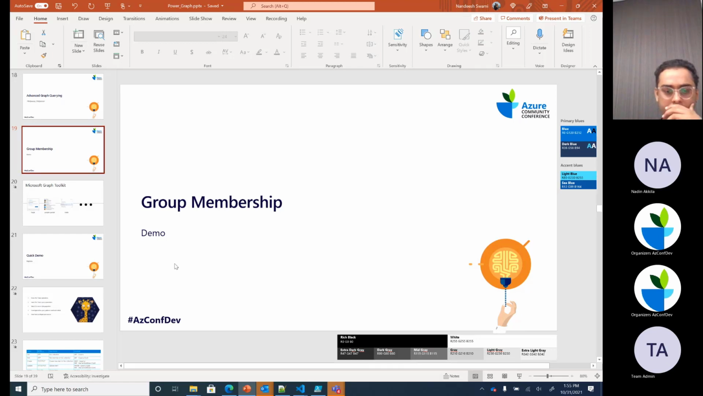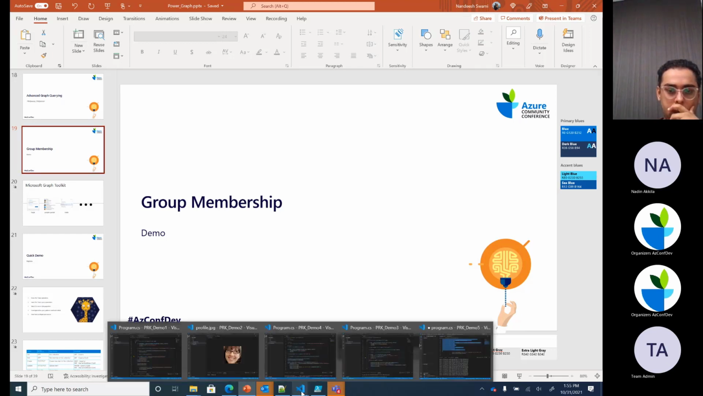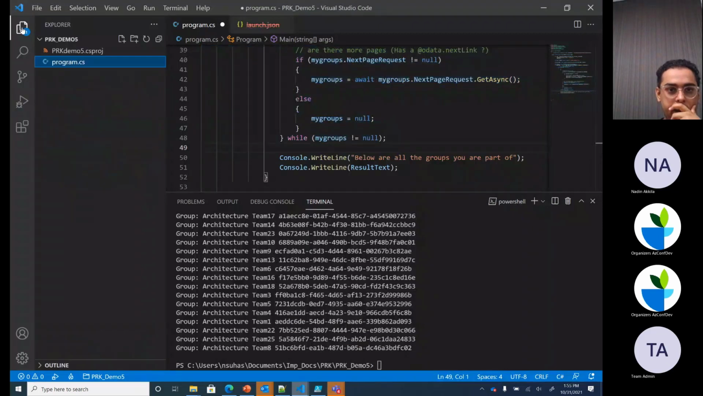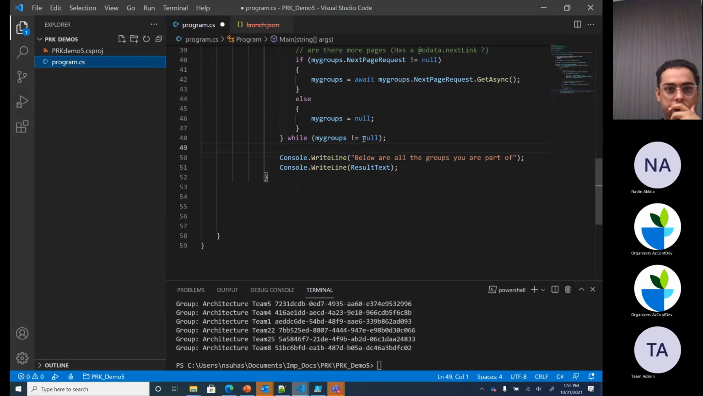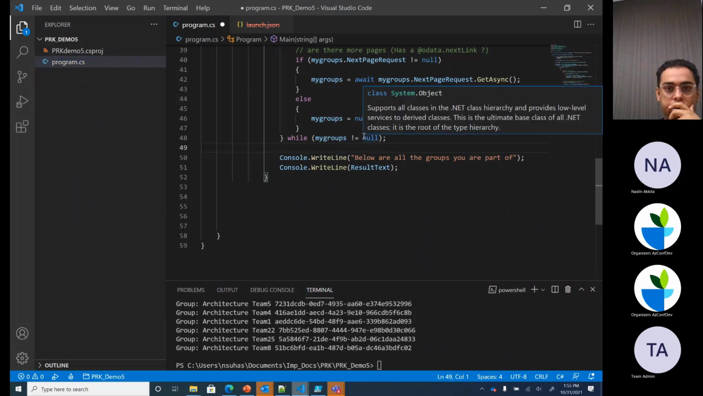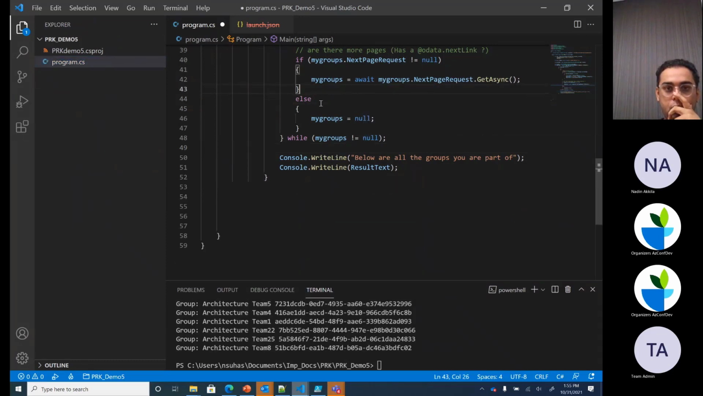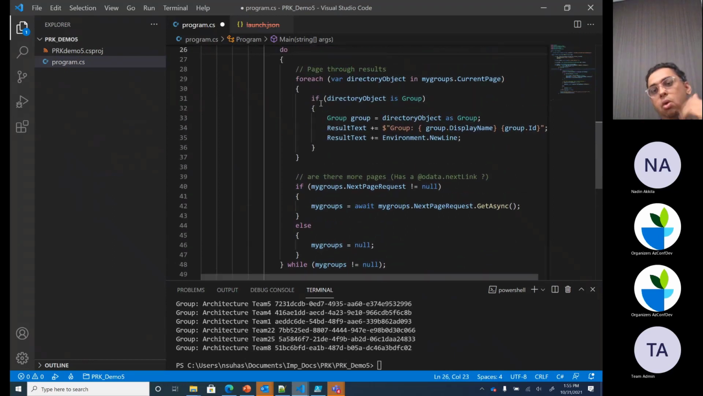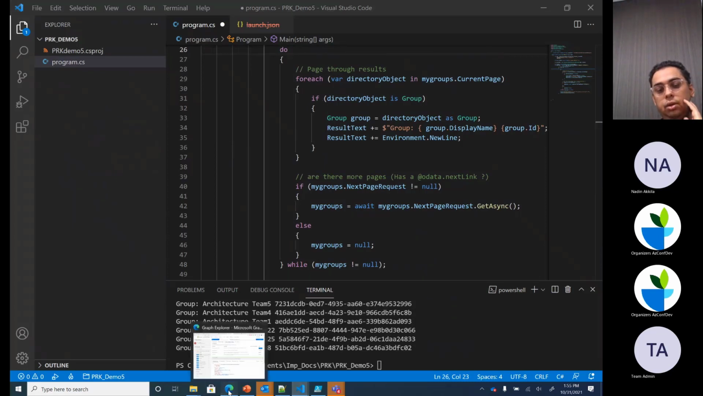Let me show you a quick demo, and for that I have this demo. Let me show you the code, and we can go step by step through the code, and I'll show you what I'm doing here. Essentially, I'm trying to dump out all the groups that a user is part of, right? If you see here,